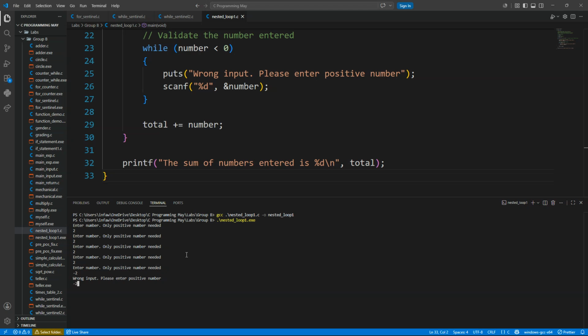So if I keep entering negative, it will keep telling me wrong input. But bear in mind that I've entered 4 positive numbers, 2, 2, 2, 4. So in the memory, we have 8 in total. If I enter another 2, the total has to be 10, right? So let me enter 2 and let's see. You see that the sum of numbers entered is